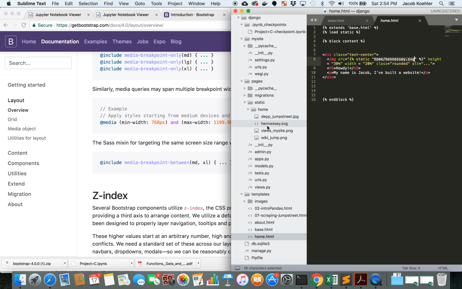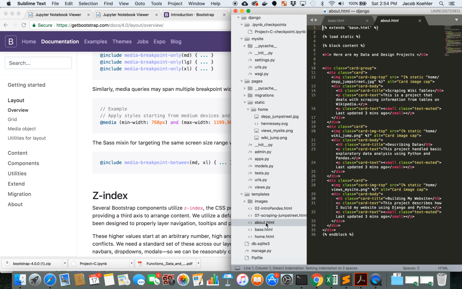Similarly, on a different page, on another page called my About page, I put some pictures in these cards that I found on Bootstrap. So I put a picture with Johnny Depp from 21 Jump Street, and here it is, Depp Jump Street, and I call that, again, using that logic here. It's in the static folder, home,